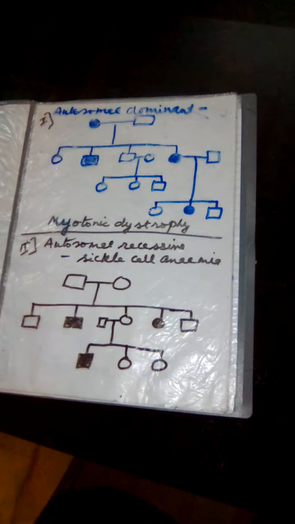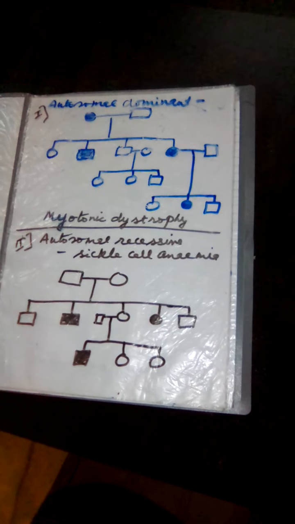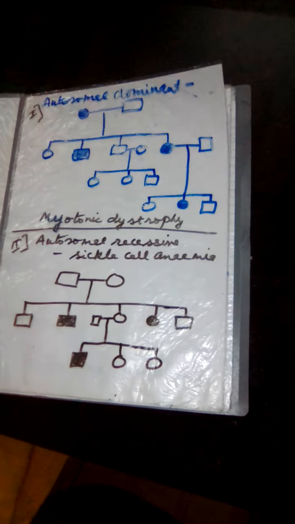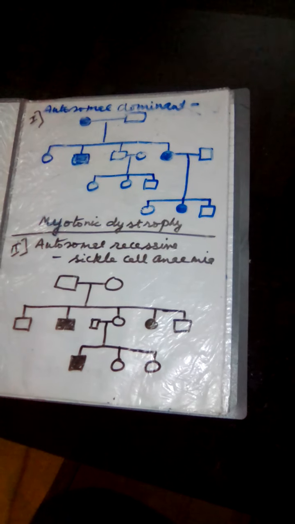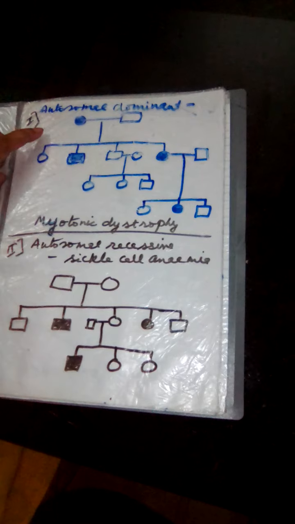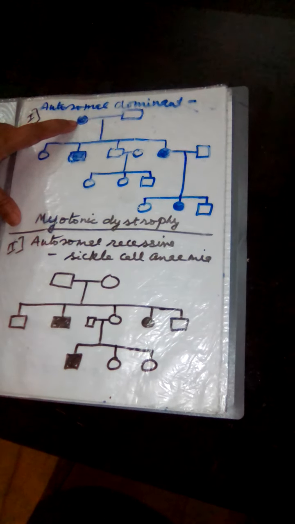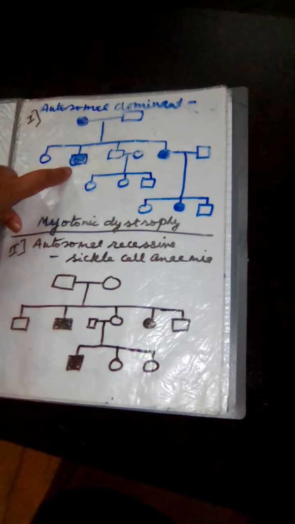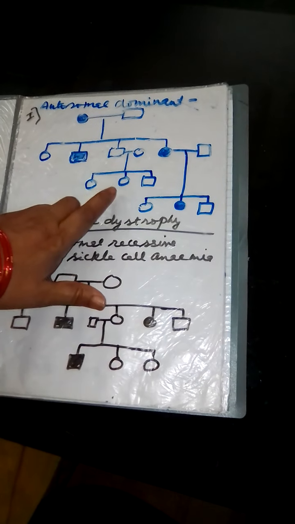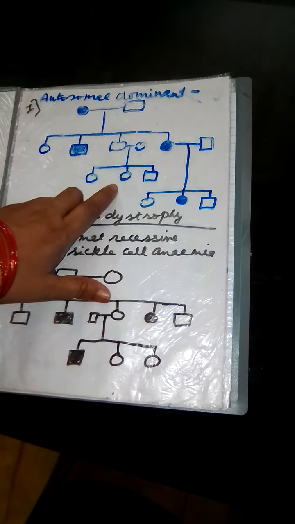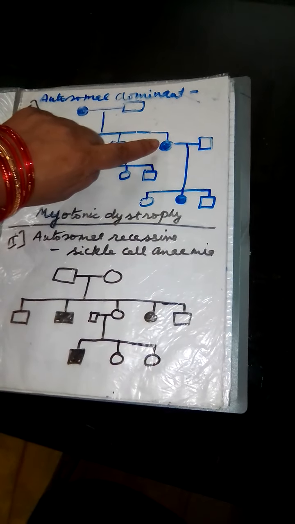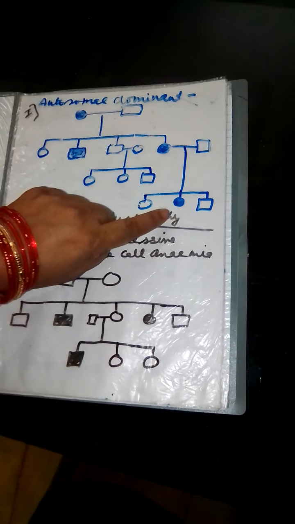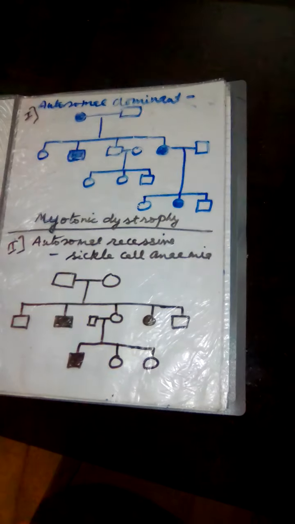Now there are two things, a disease may be inherited dominantly or recessively. How can we find through this pedigree whether a given disease is dominant or recessive? If a disease appears in all generations, it is dominant. See how it is dominant. In the first generation it appears, in the next generation 2 children are showing. Here none of them are affected, so in the next generation also we didn't find any child affected. Here one parent is suffering, in the next generation also one parent is suffering.